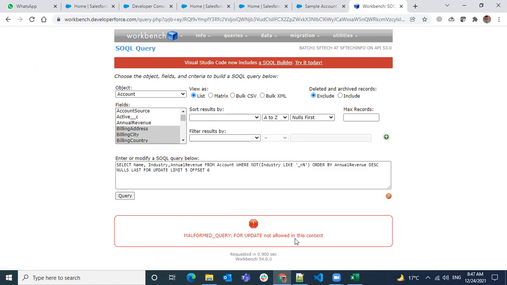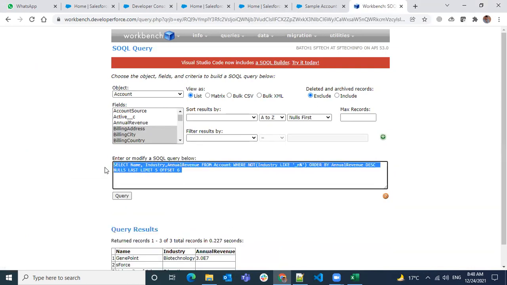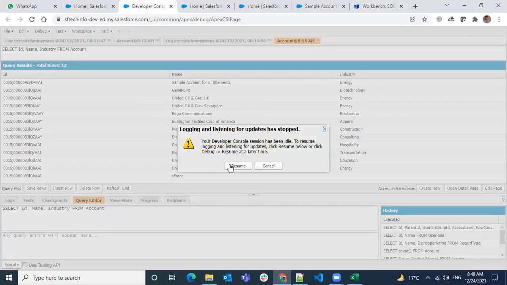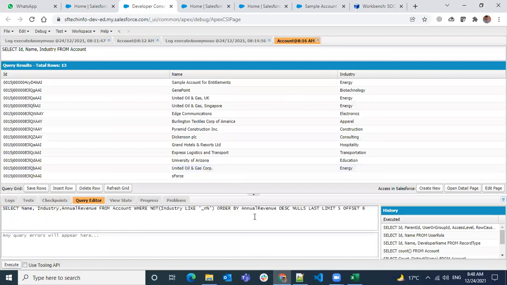Okay, not allowed in this context. Yeah, in the workbench, it doesn't make sense to apply FOR UPDATE, because we are not updating anything here. So let's see whether, I guess even in the query editor we cannot do it, but let's try and see.